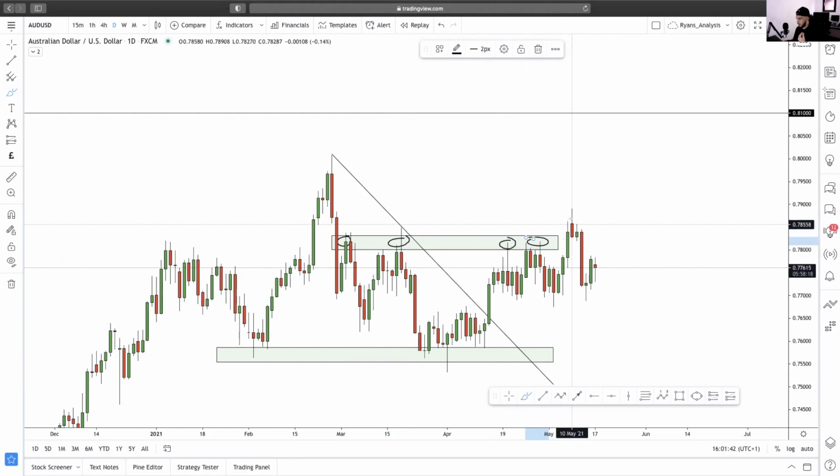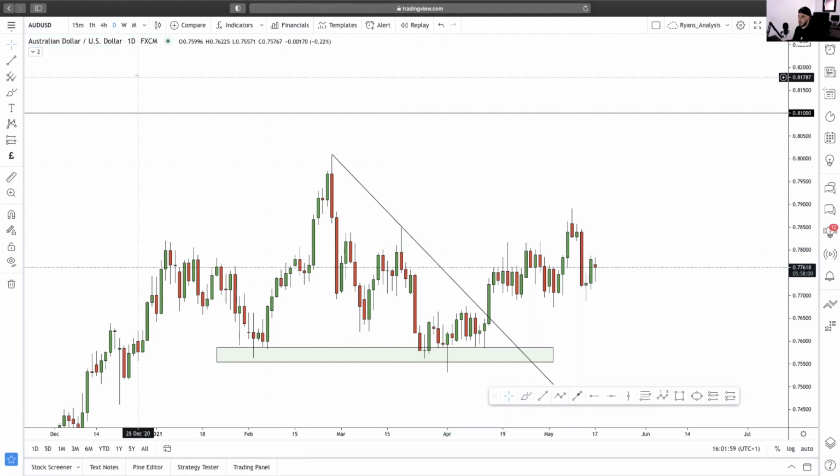We've seen this level here broken. Now, in some people's eyes, it might be a false breakout, and it pretty much was a false breakout, but I still believe price is going to continue pushing higher. And the reason being, if I just delete some of this, if I jump back up to the weekly time frame,